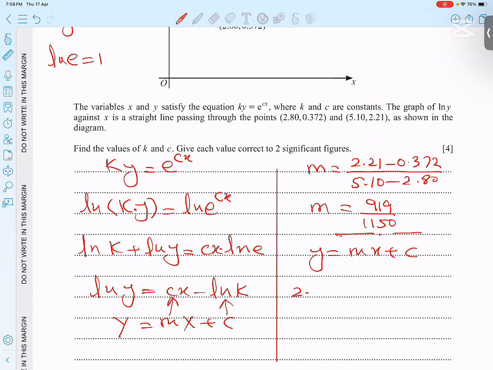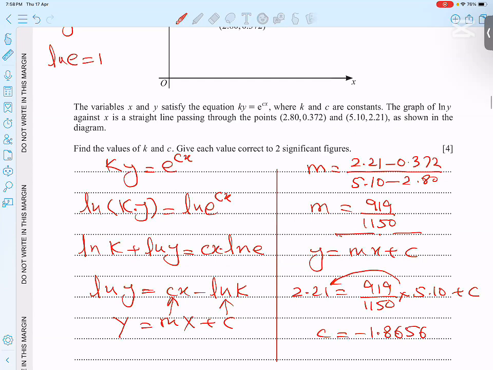So I'm putting it here. And 919 over 1150, I'm using the exact value for more accuracy. So when this whole thing goes there and I subtract, 2.21 minus 919 over 1150 times 5.1 is giving us the C value,